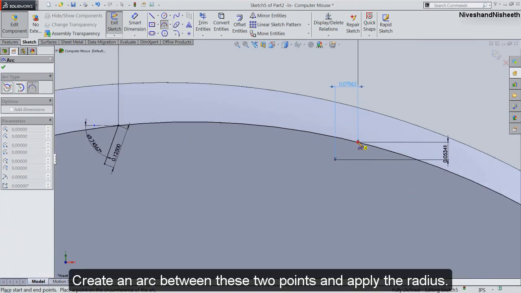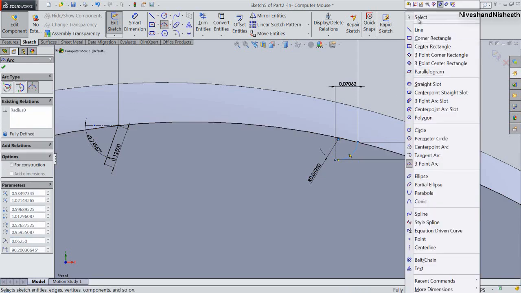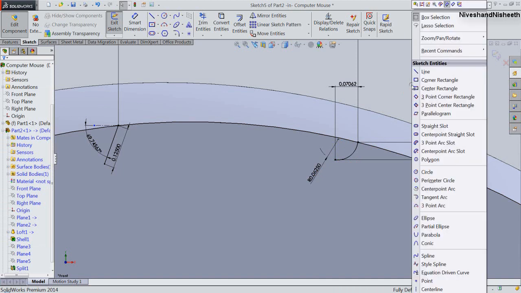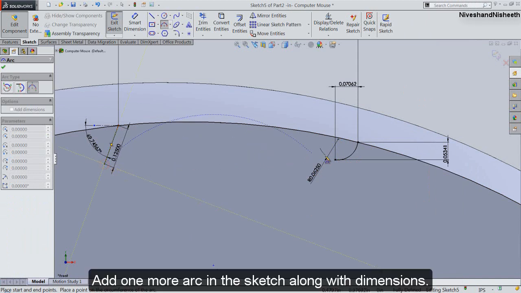Create an arc between these 2 points and apply the radius. Add one more arc in the sketch along with dimensions.